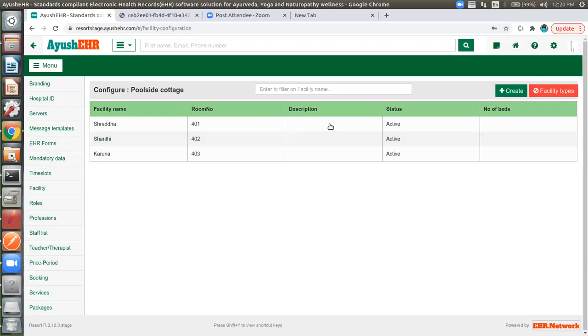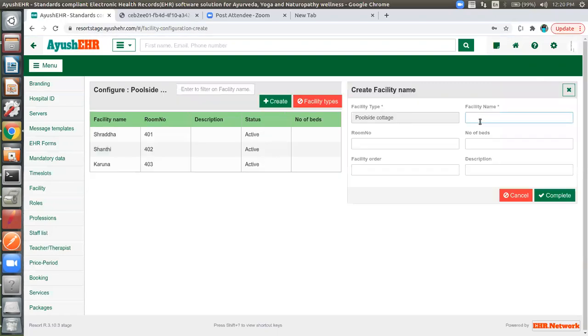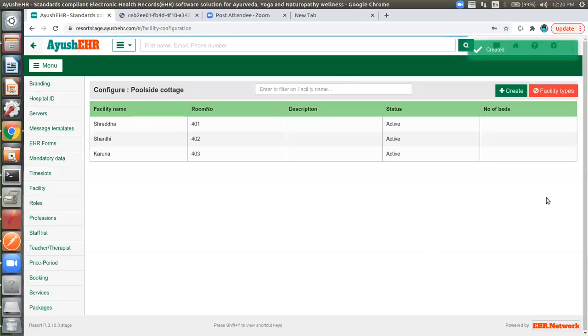Okay, for that class, what all rooms have to be there, you can assign a room name. Okay, room name here. And how many beds will be there, you can also put.